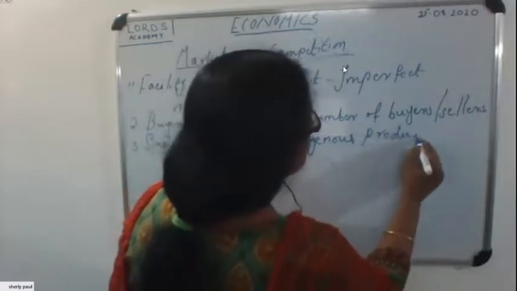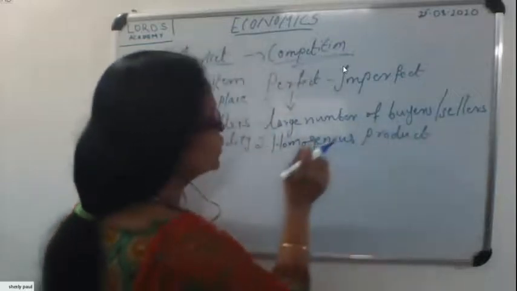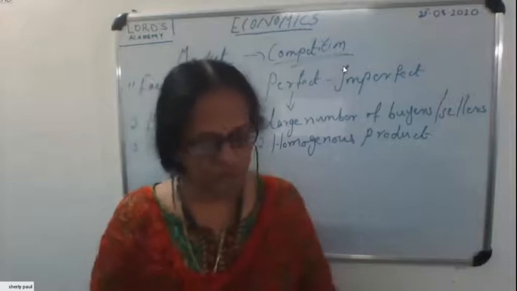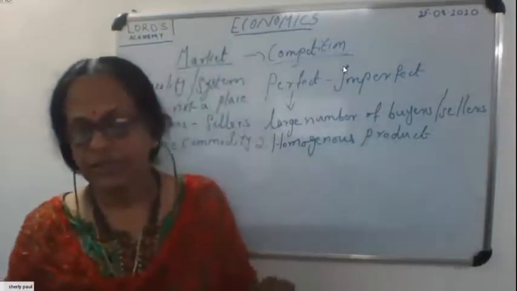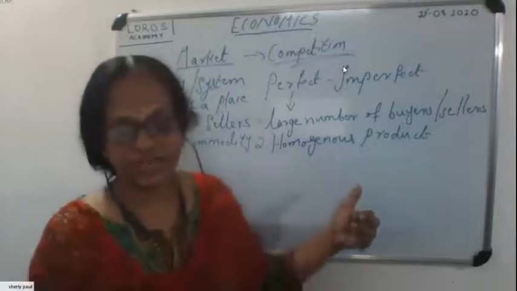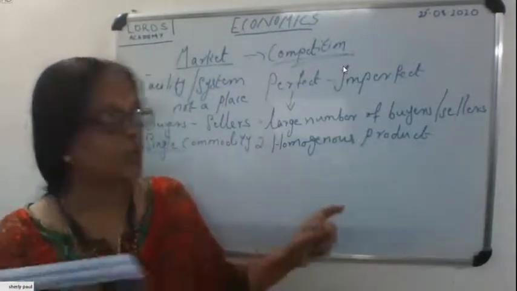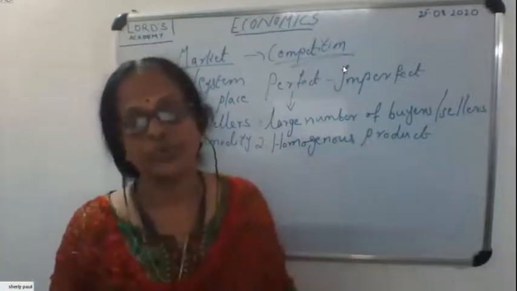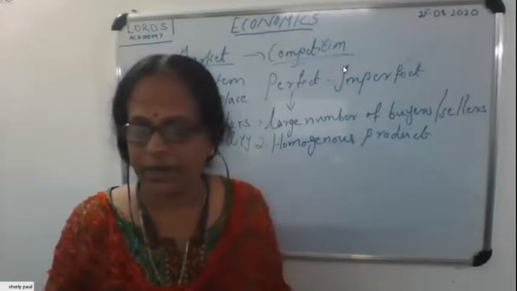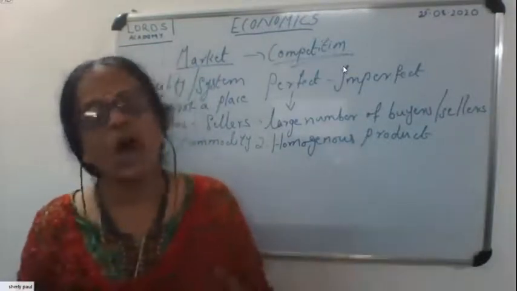Same type of product, because a large number of sellers are there to produce the product. Therefore, we will get the same type of product, a homogeneous product. Here, consumers receive the product to be identical. As a result, all the sellers have to sell their product at a uniform price. If any of the sellers tries to sell his product at a higher price, his product will be out of